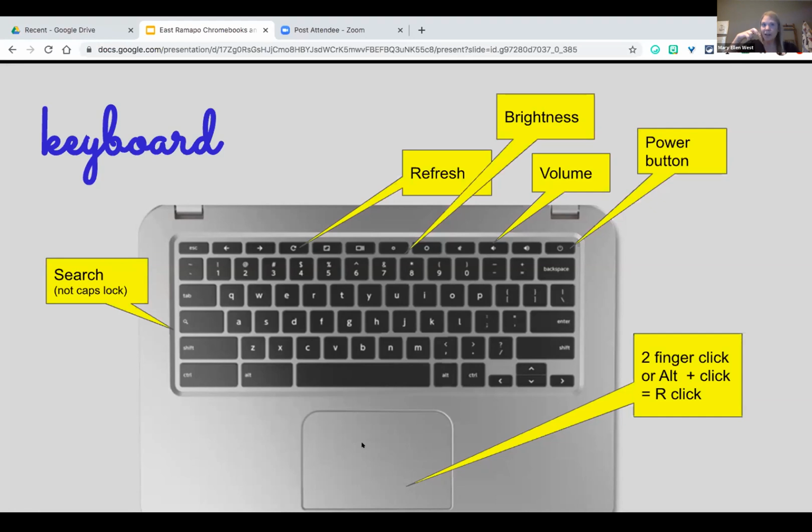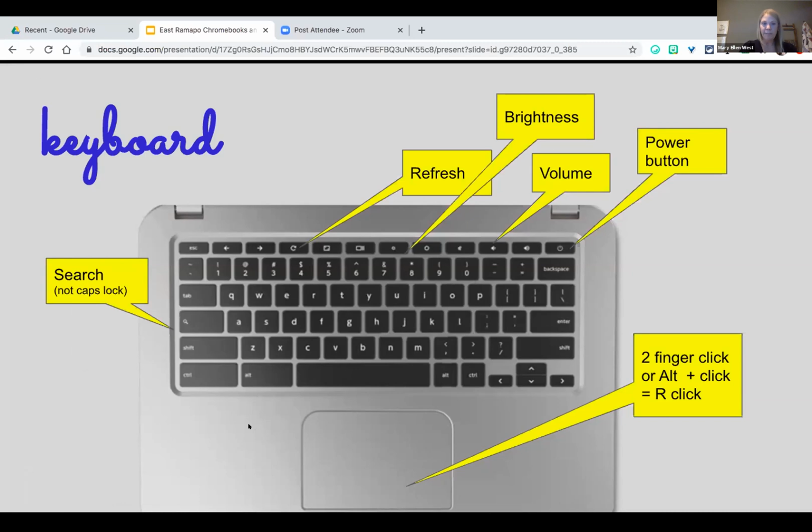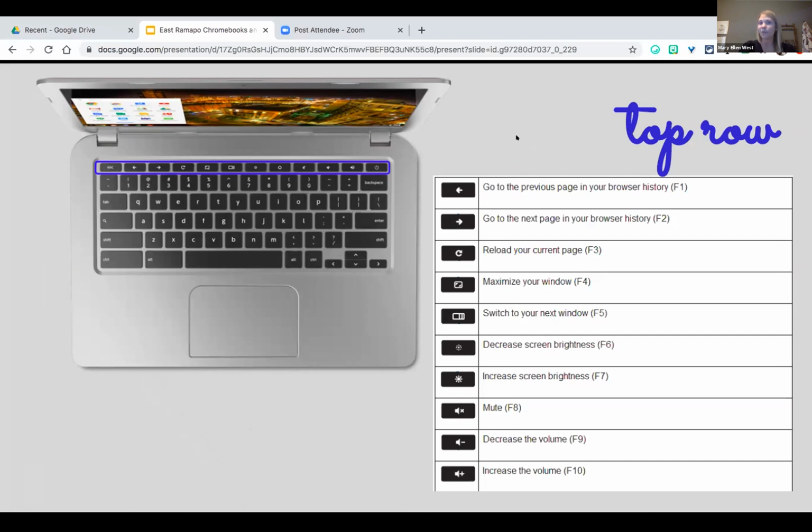Now, if you or your student has a hard time with that 2-finger click, if you hold down the Alt button right here and then you click, it will do the same thing. Okay. So again, that top menu bar, this diagram explains what all of those different things do, and we'll make sure that you have